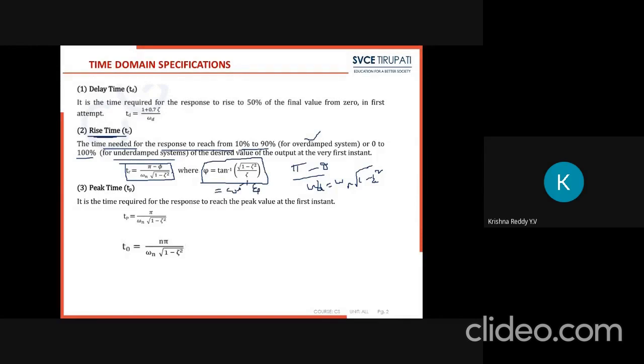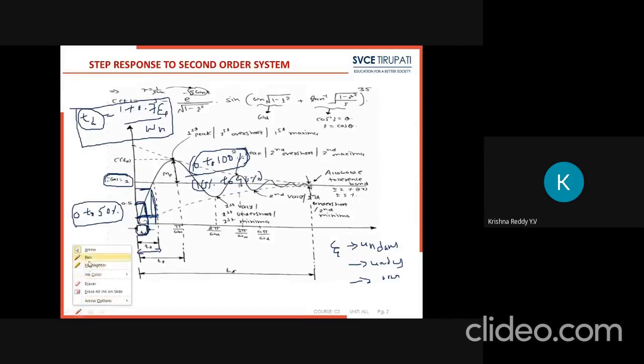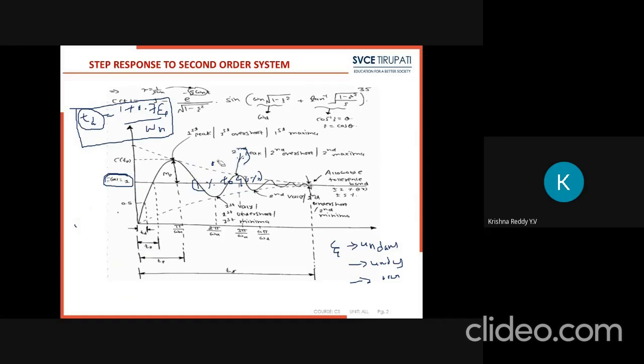When it is an overdamped system, the time required to reach 10% of its steady state value to 90% of steady state value, and if it is an underdamped system, the time required to reach 0 to 100% of its steady state value, is known as rise time. The next one is peak time. The time required to reach its peak value is known as peak time. The peak time can be calculated by using the formula Tp